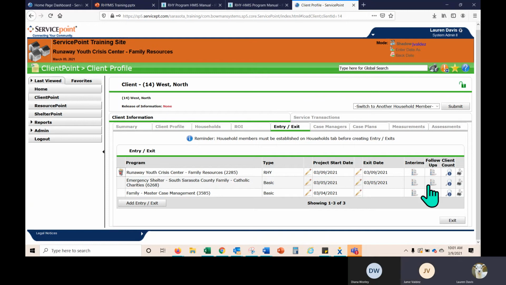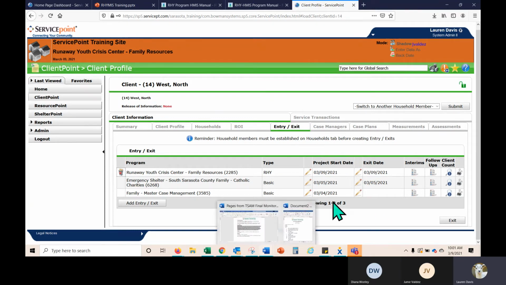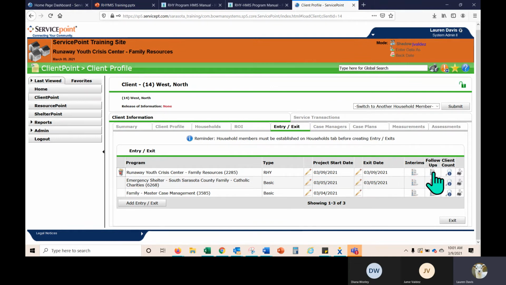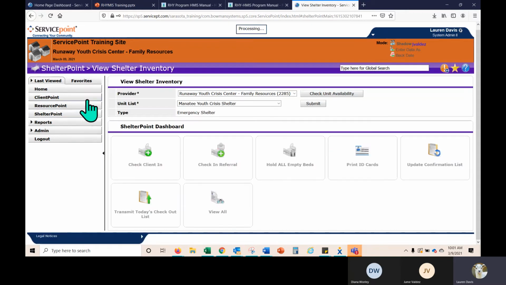Correct. So Diana, in that step-by-step guide, I know it's in there, it's probably like page 12 or something like that. There's a step-by-step on how to complete your follow-ups, but we can't access the client's follow-up in Shelter Point. We have to go through Client Point.